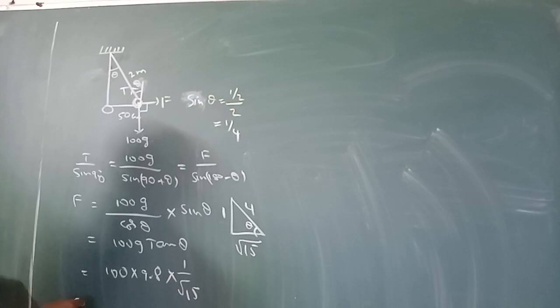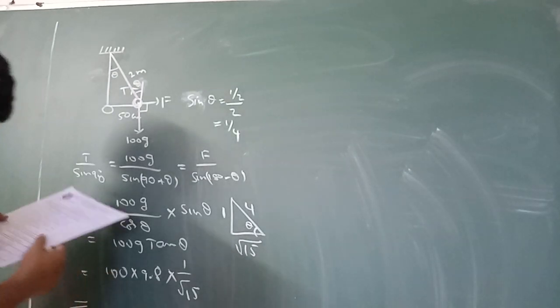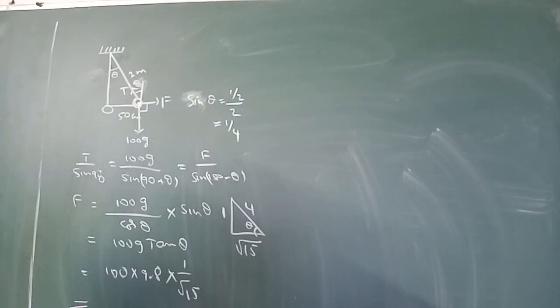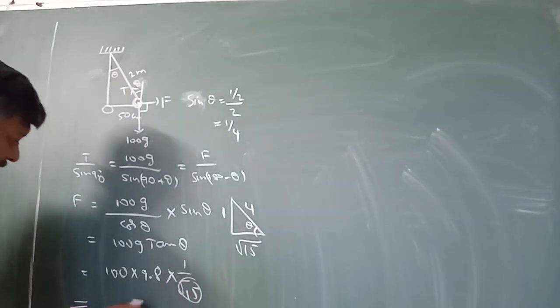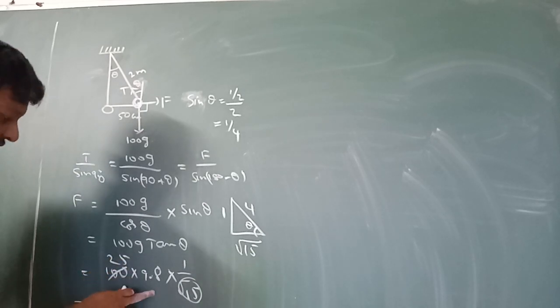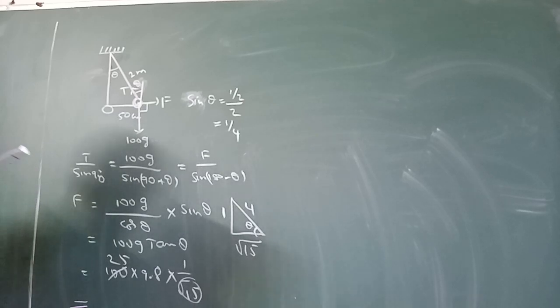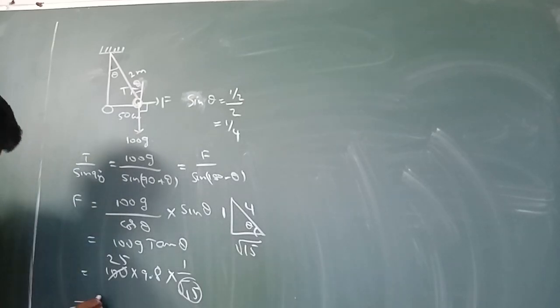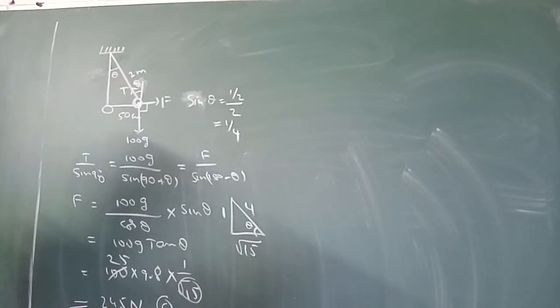This is equal to, root 15 means nearly 4. 4 cancels 25 times. 25 into 9.8, okay, 245 Newton. Nearly, 25 into 10 is 250, but it is 9.8. Therefore, it is 245 Newton, option C is correct. Next,